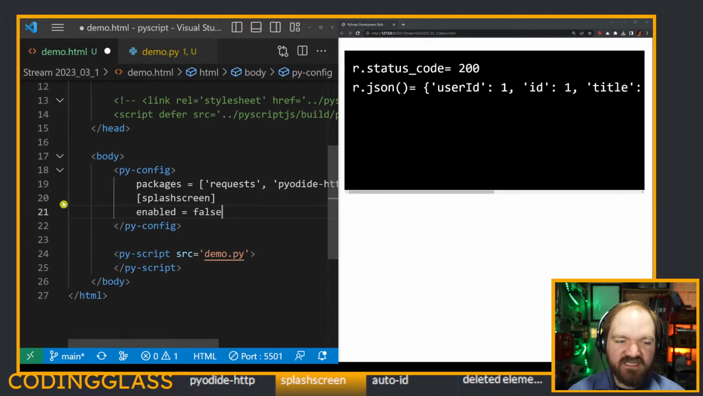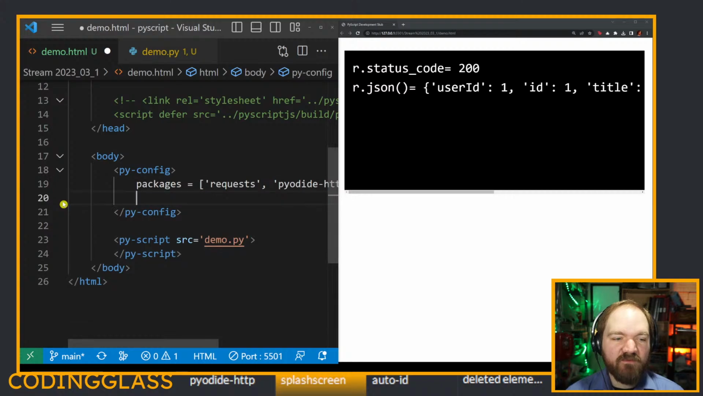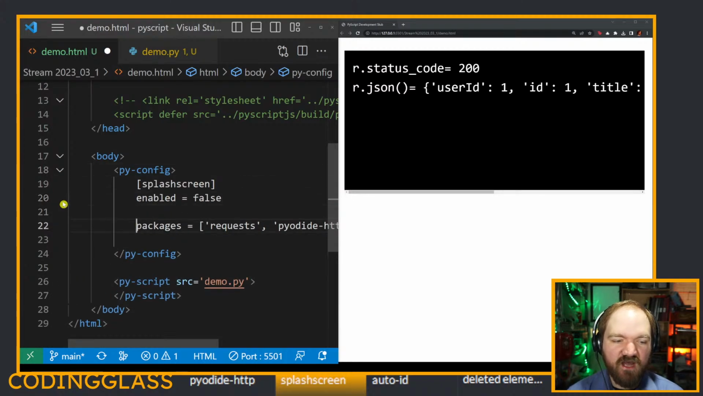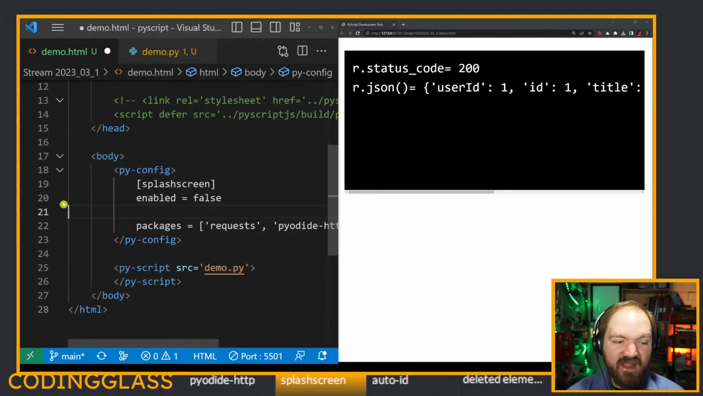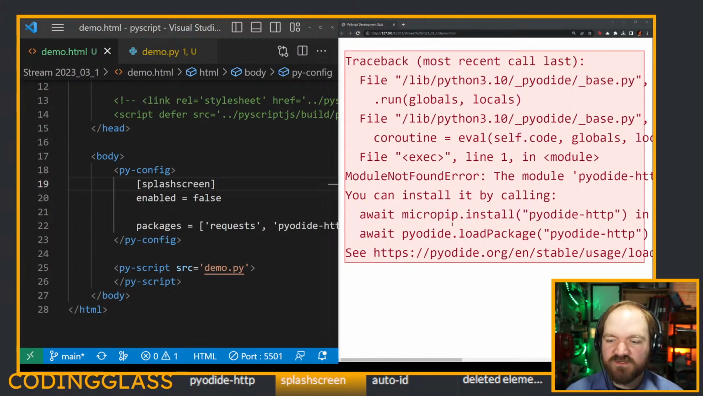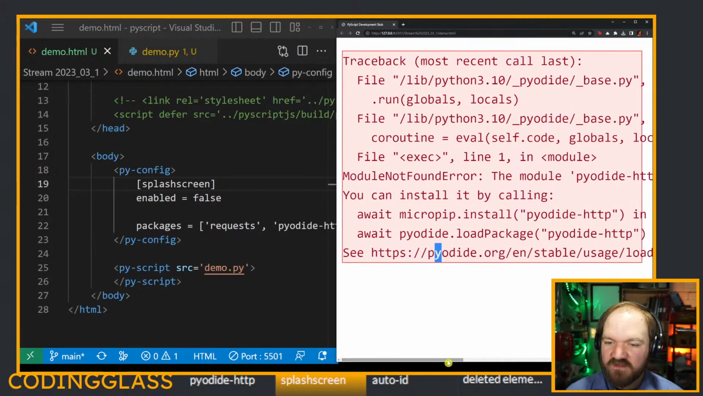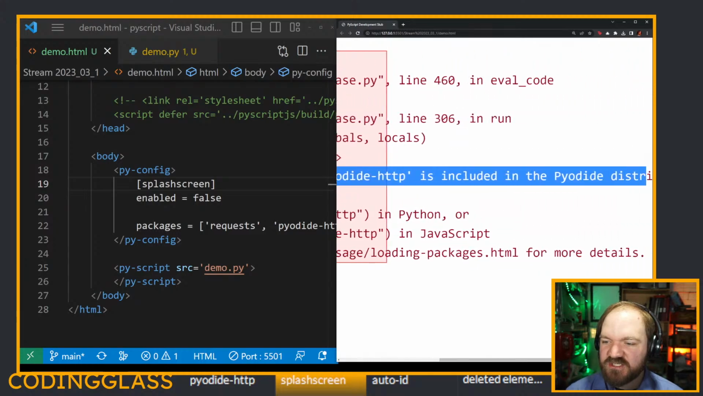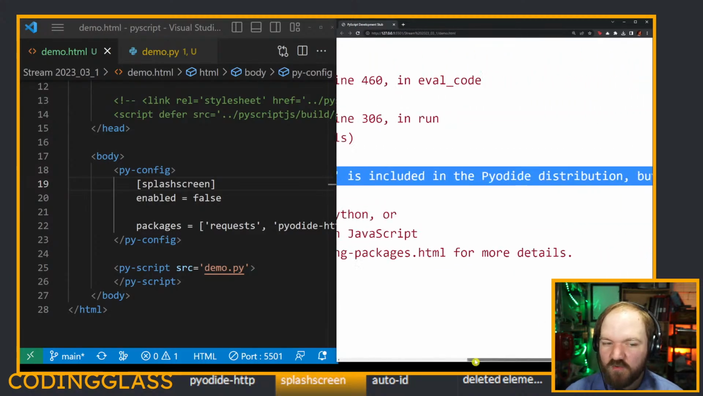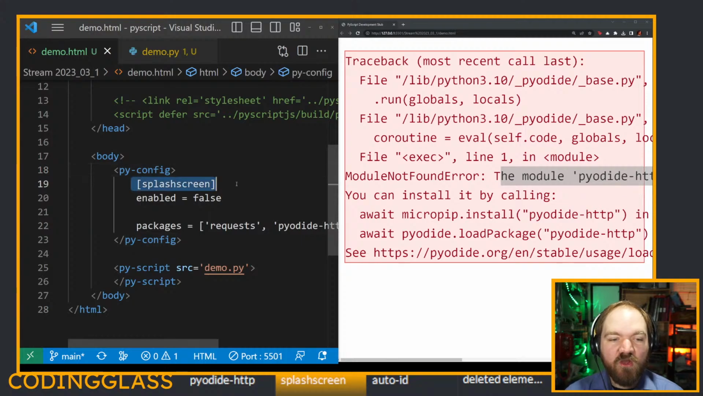Now, one thing I did there is I put the splash screen header below the packages header, and that's on purpose. If I put splash screen above the packages header, now the packages attribute has become a part of this splash screen table, and I believe what we'll see is we start having errors. Yeah, so the module py.http is included, but is not installed. Why isn't it installed? I have packages here. Well, in TOML, and this is a little bit of a sidebar, but it's a common issue we see people having. In TOML, when you have a header like this,